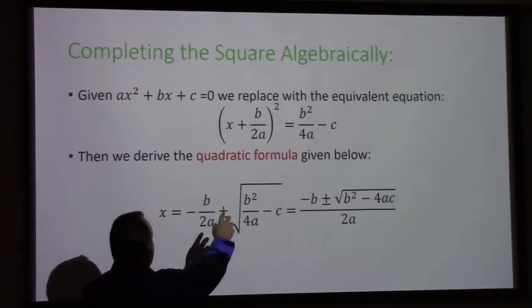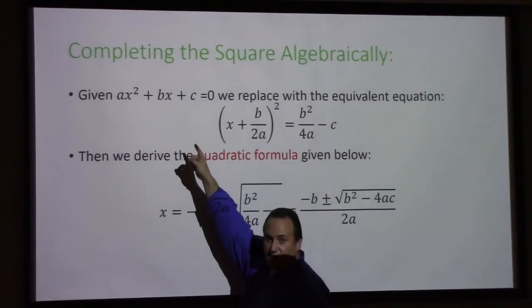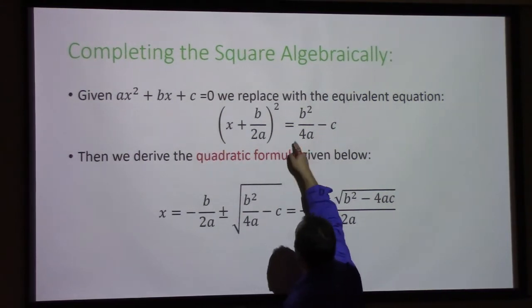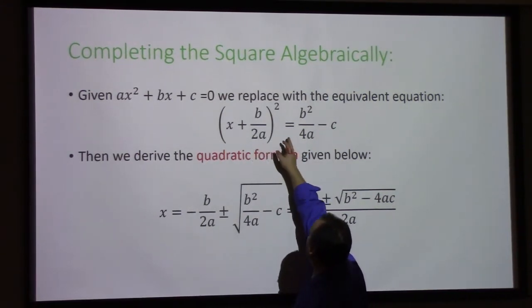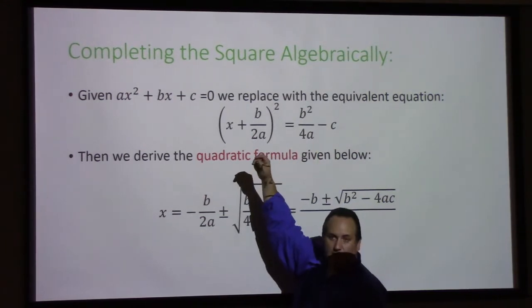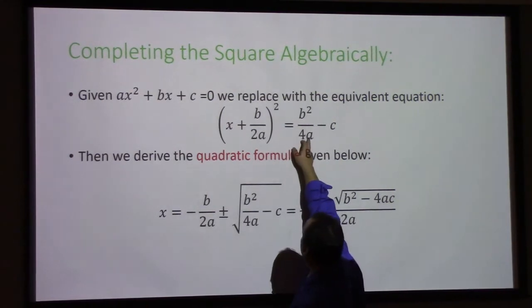Now, to be fair, if I multiply this out, I get back the ax squared plus bx term, all right? But I get an additional thing. I get b squared over 4a. Oh man, I'm missing a square right there. That's supposed to have a squared. I'll fix it before I post it, okay? I'll try to remember to do that. Let me correct that. That should be a squared right there.